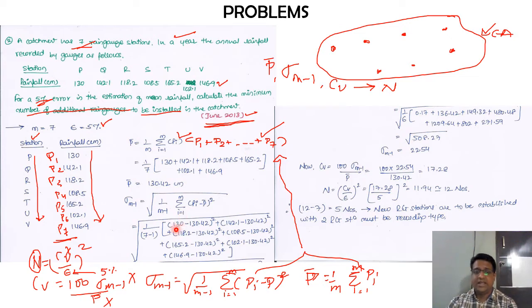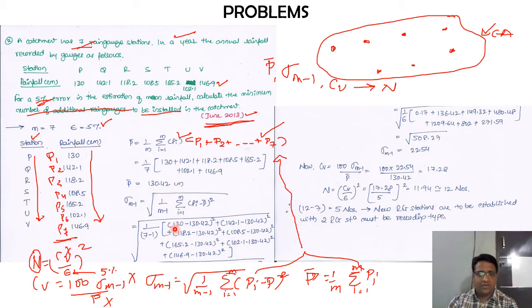So that's why it is better to do it individually, write it down, since you will get sufficient marks for this. It is better to take the precaution, and step by step you calculate and get the answers, so that it will be easier for you to maintain. Okay, so here if I check out, 1 by m minus 1 is 1 divided by 7 minus 1, which is available. Now into bracket pi minus p bar. So pi is varying from what? P1 to P7. P1 to P7. Similarly, P bar is fixed, that is 130.42 centimeters in this second problem.